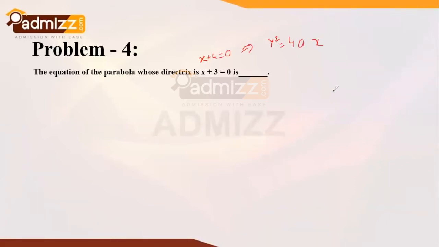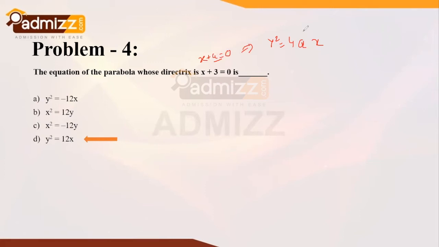It is the parabola y square is equal to 4ax, and you are having this a value as 3. So just a simple substitution of this a value in this particular equation, that is y square is equal to 4ax, will bring you the equation of the parabola which we are required with. And yes, I can find the answer in the chat window. So y square is equal to 12x is the correct answer. Very good. As you can find, this is the answer which we are finding over here.